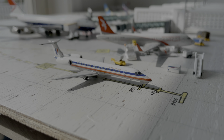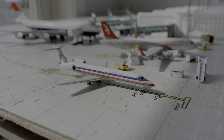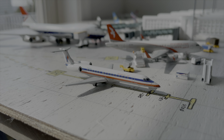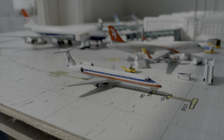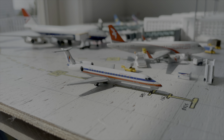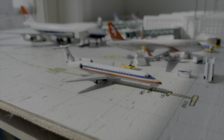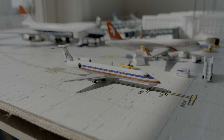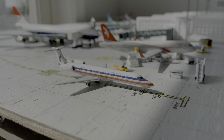Alright, just starting off the west side of the terminal here. Here we have the Ukraine International Airlines Embraer 145. Ukraine International Airlines did add more routes to the regional service, so now we also have Kharkiv and also Dnipropetrovsk. This guy arrived in from Mariupol, and he's going to be heading out to Kharkiv in around 1 hour